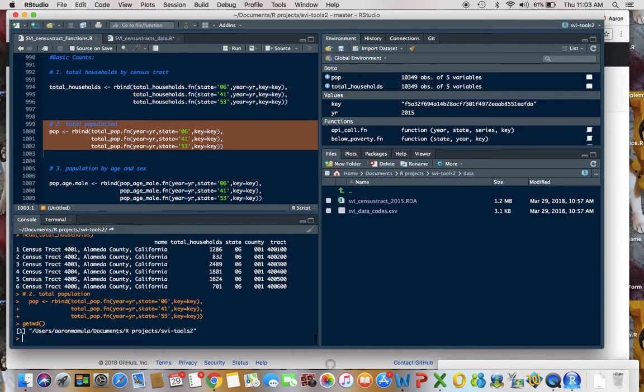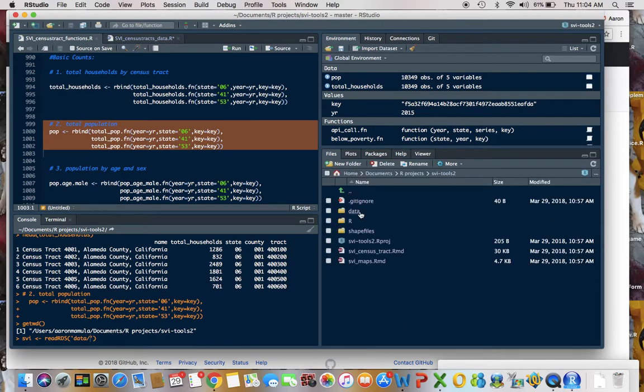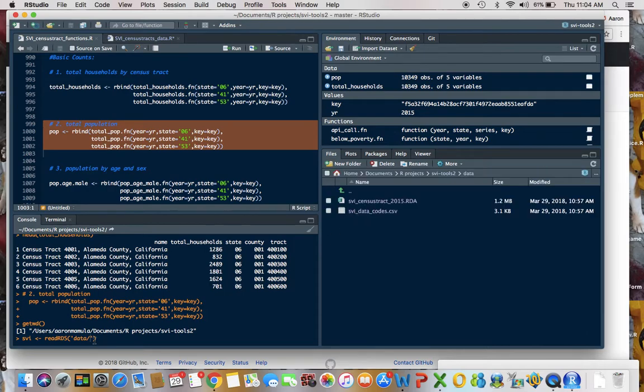The working directory currently is the project, and so if I want to read the RDS file, all I have to do is go data, because if we go back here, the RDA file is in the data subdirectory of the project, and then